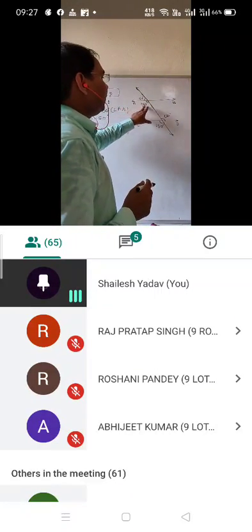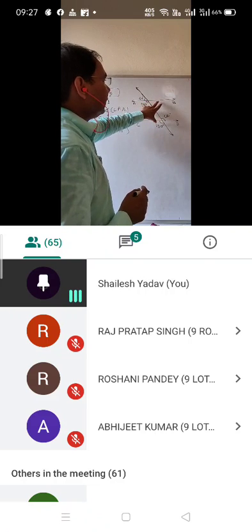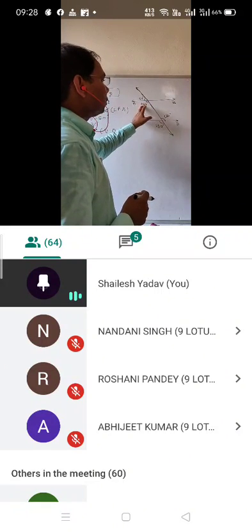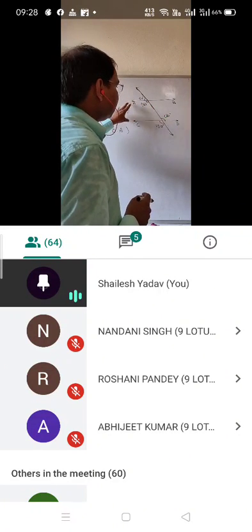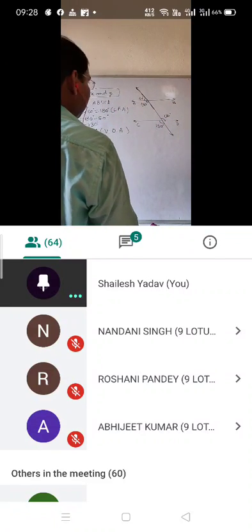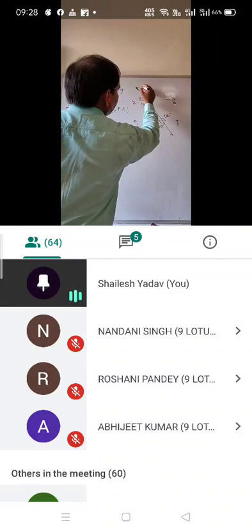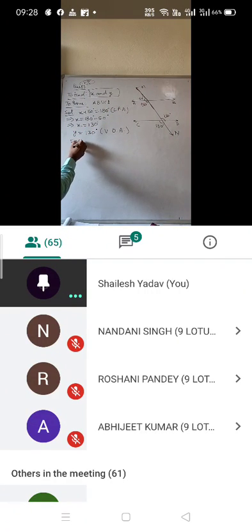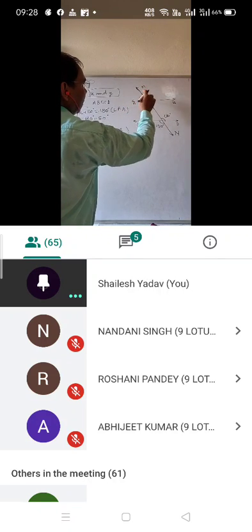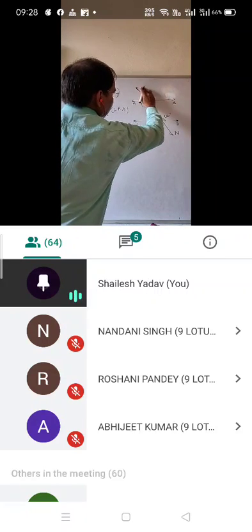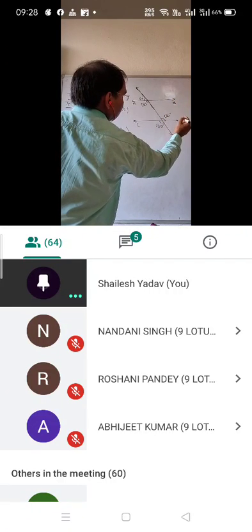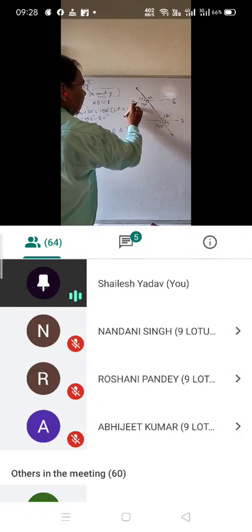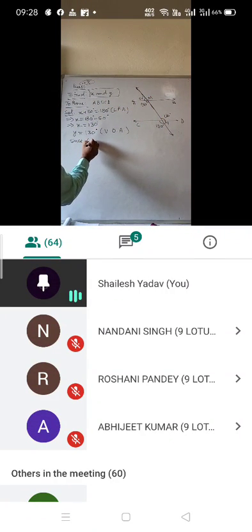In the same way, here it is not given that the two lines are parallel, but you get that alternate interior angles are equal. So if alternate interior angles are equal, it means that both the lines are parallel. So here you will write, suppose I give the names M and N on AB and CD. Here you will write: since angle AMN